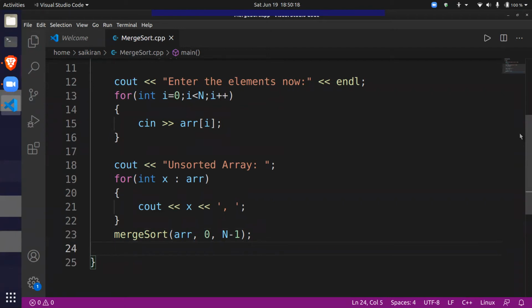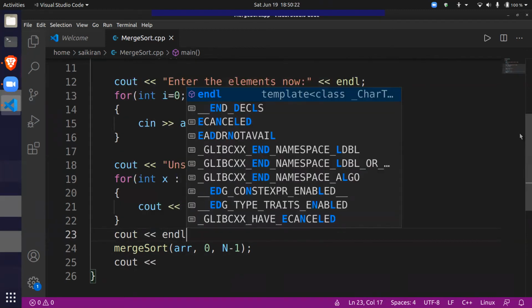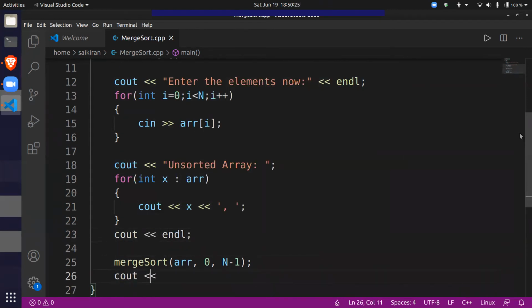So what we do now is print it. And now sorted array will be this.